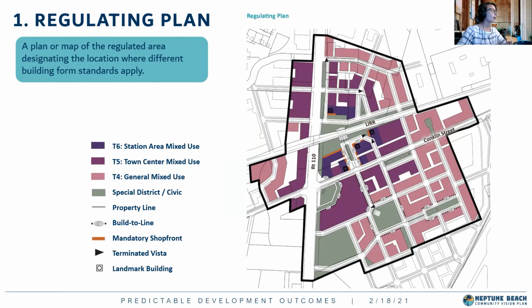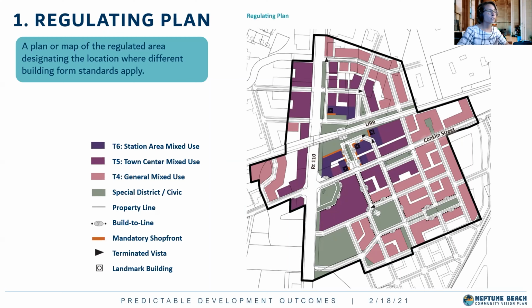I've already spoke a bit about the regulating plan. Here's another example. Again, it's important to emphasize how much more fine-grained regulating plans are in comparison to regular zoning maps. You can be much more specific about the kinds of development you want to allow fronting certain public spaces or along certain streets. It's a question that came up a lot during the vision plan process, particularly in the discussions about 500 Atlantic.